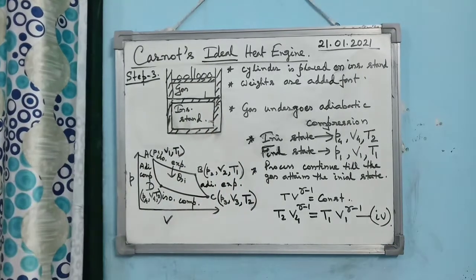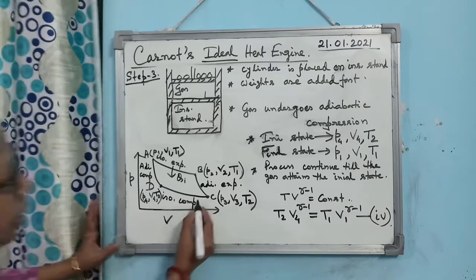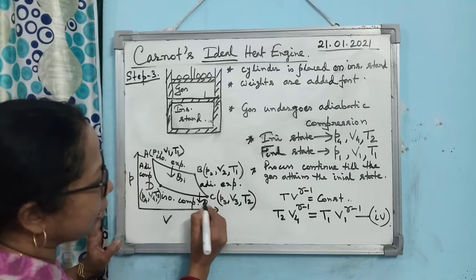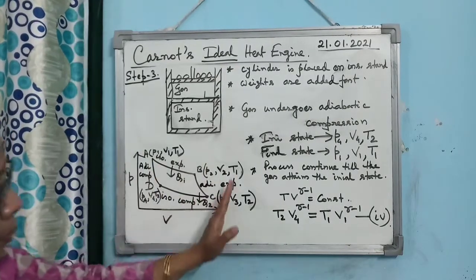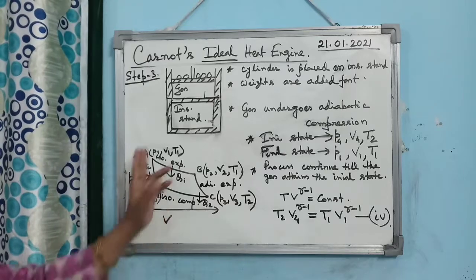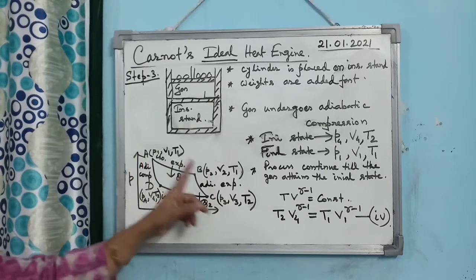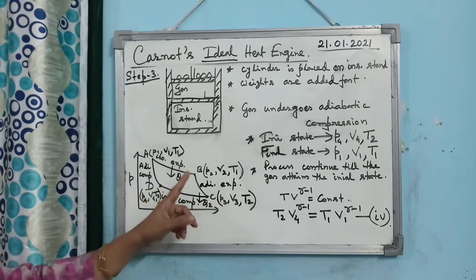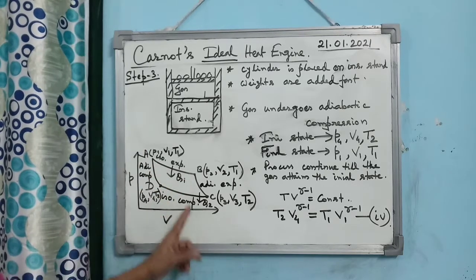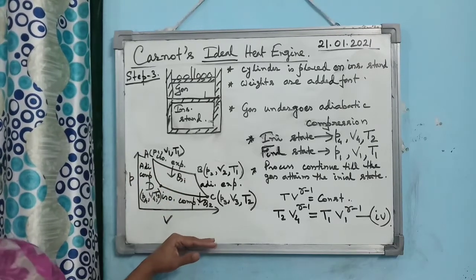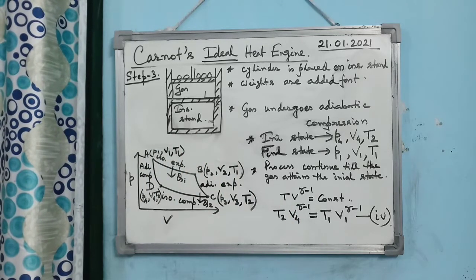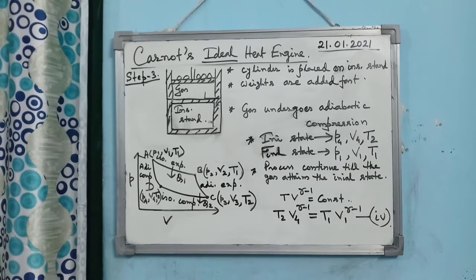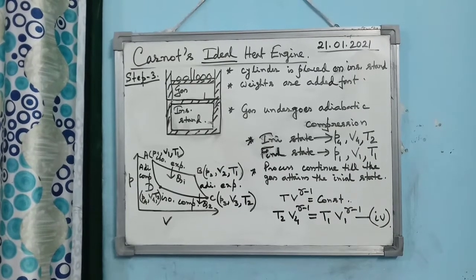Alright, so these are all the steps. In this case, I forgot to show you one thing: isothermal compression means it releases heat Q2 to the surroundings. So this is the complete graph. All the 4 steps are shown, all the states are written. When heat is absorbed and heat is released, that is also shown in the diagram. So you must learn point-wise as I wrote on the whiteboard.